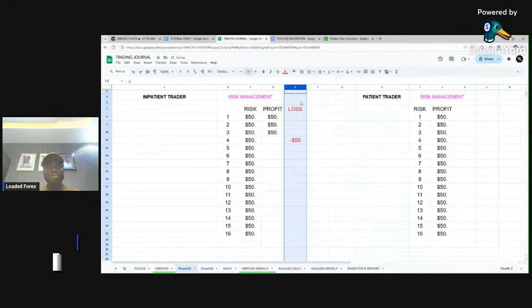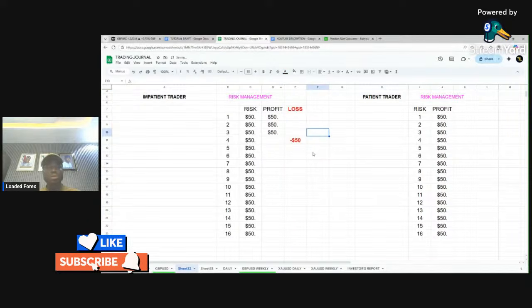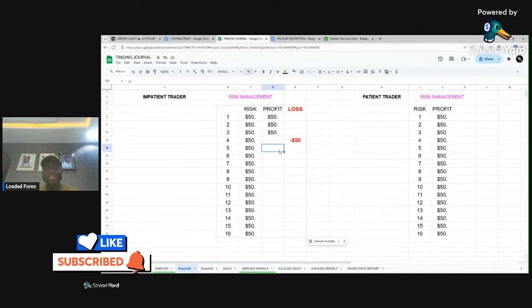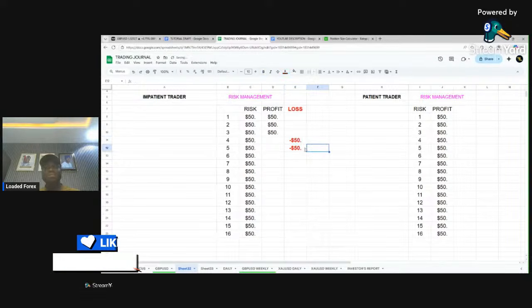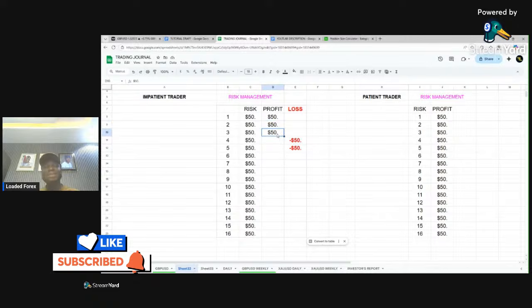Let me change the color of this one to red. Then he tries again. There is still confidence. On the fifth trade, he experienced another bad day in the market, which is normal, which is part of the game. Then he lost another $50. He already made $150 here. 1, 2, 3, right? Then he lost two. He took two losses in a row. That is $100. If you subtract $100 from $150, he's still in profit of